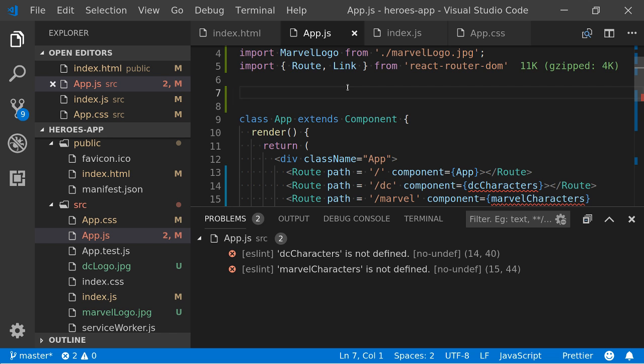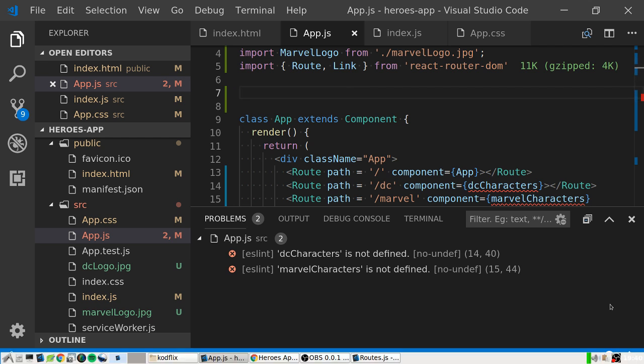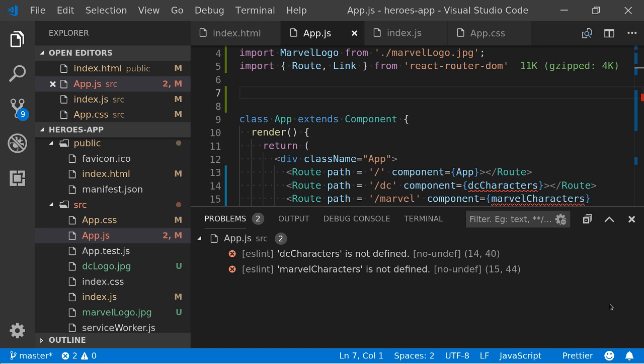Yeah, so I mean, when you get to work with React a lot more, you can take a look at lifecycle methods and working with state. But we haven't really got time for that tonight, unfortunately. So what's the time? Yeah, we've already gone on quite a lot. And we haven't got much in our app, really, have we? So let's try and just finish off and get a few things in our components, yeah? So in our DC characters and our Marvel characters components.